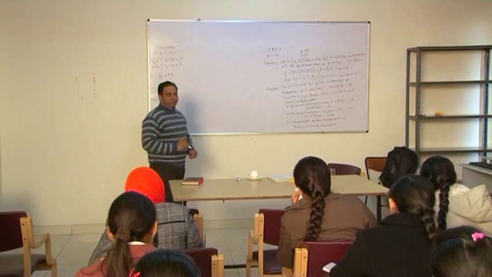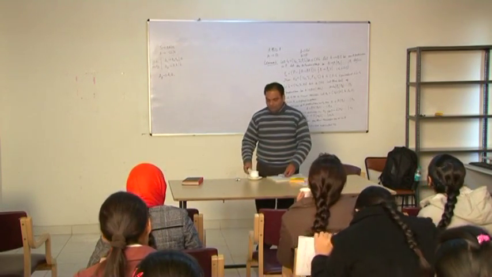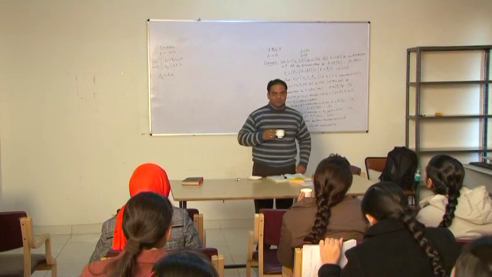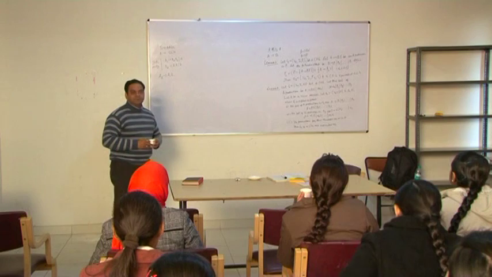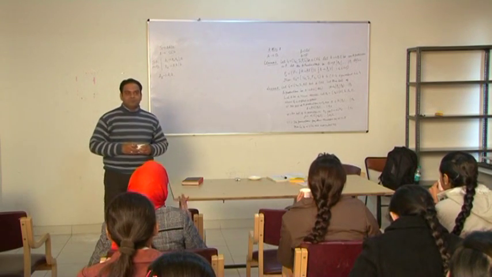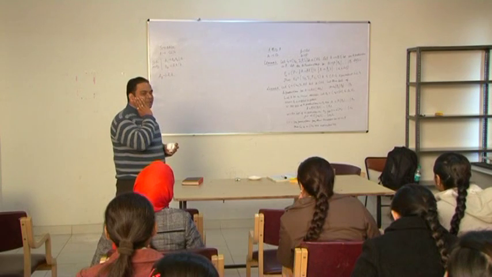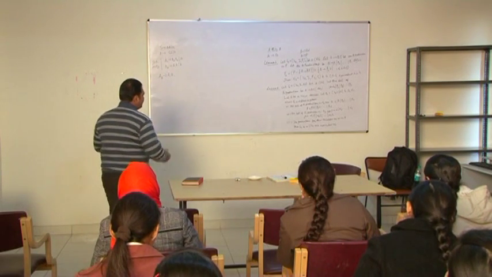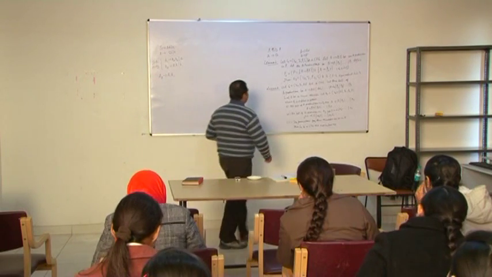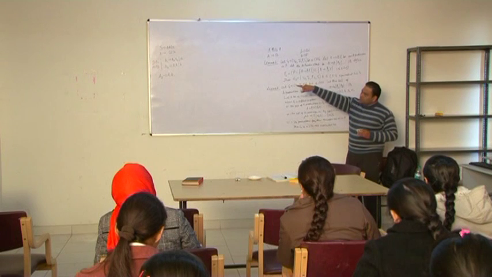Now let me know which lemma will be applied on this. Lemma 1 or lemma 2? Lemma 1. Why? The variables on both sides of the arrow are different. So correlate the terminology over here: A corresponds with the